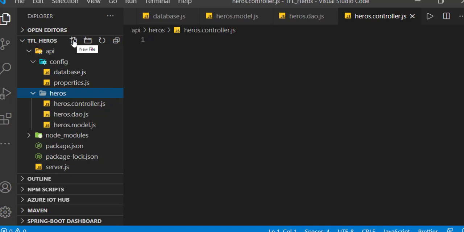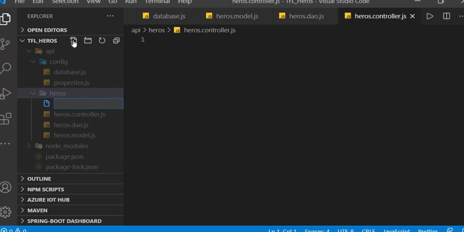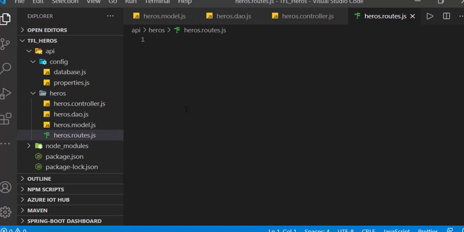So this is the way the MVC structure would be maintained for this particular Node.js application. We also like to do one more thing. We like to define that different types of requests will be handled by different types of handlers. So how do we route this request? Where will the routing logic be kept? Routing logic will be kept under the heroes.routes.js file. So this is exactly the folder structure we would have, in a very simplified manner, for writing a Node.js